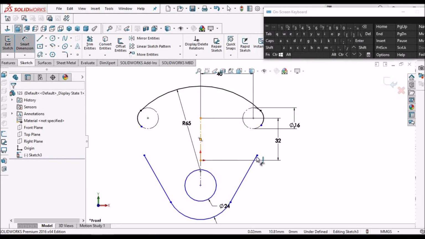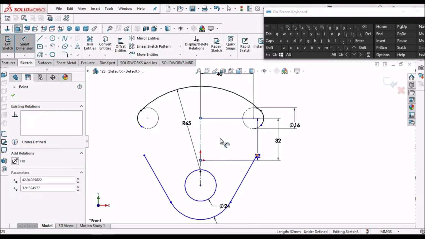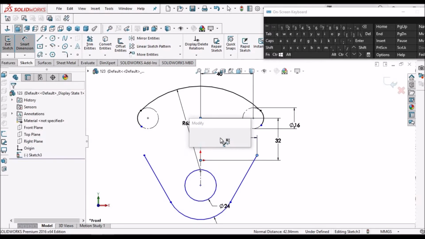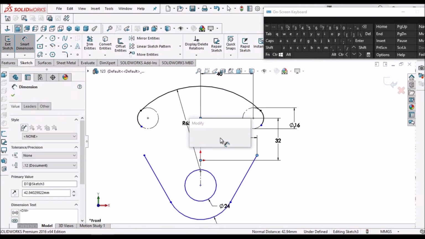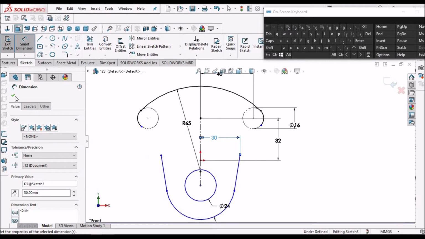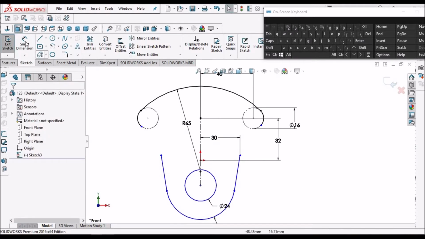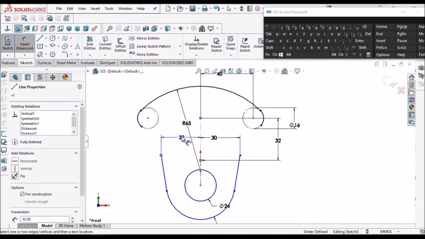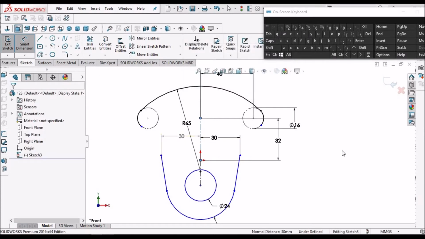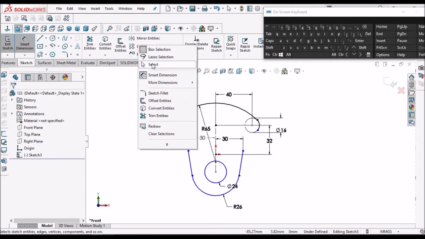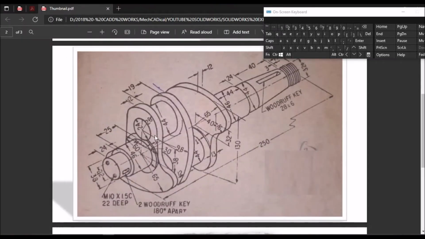So this distance also should be 30. And this distance is 38.